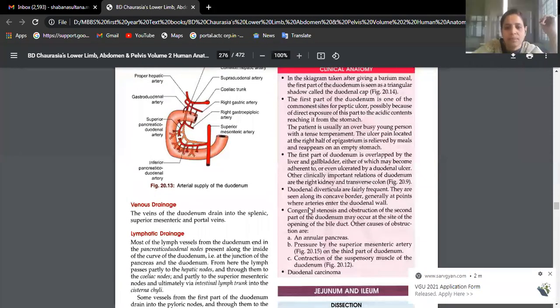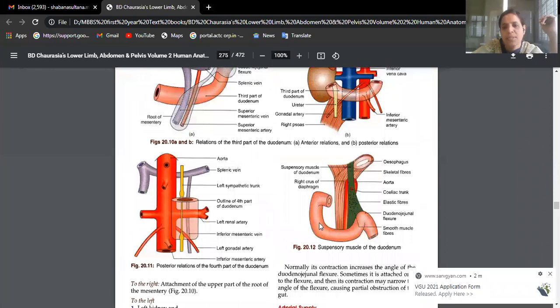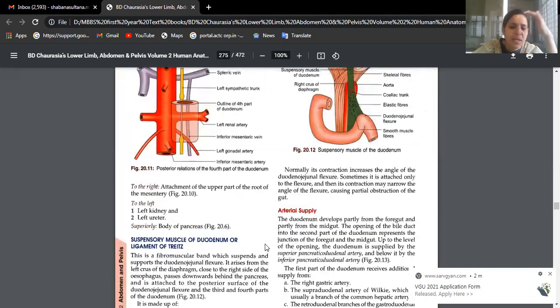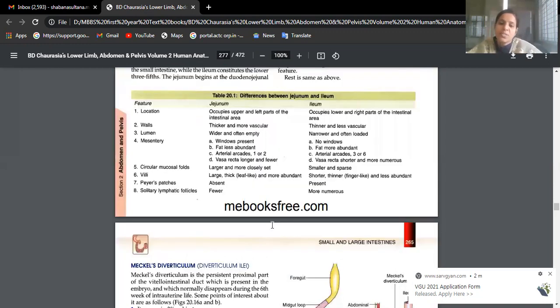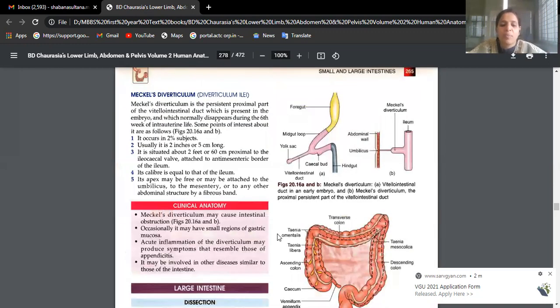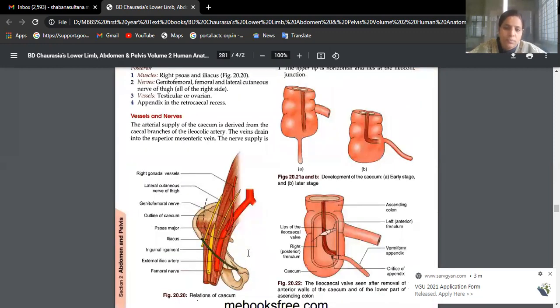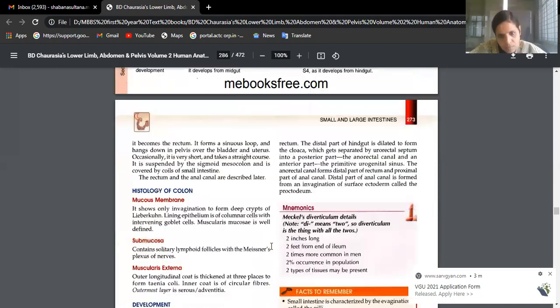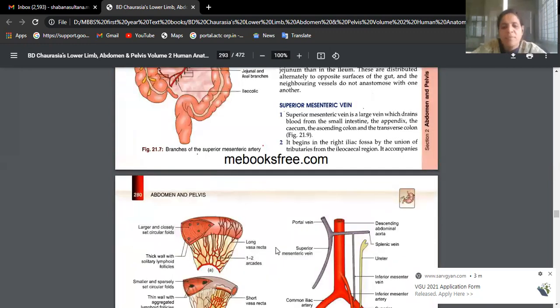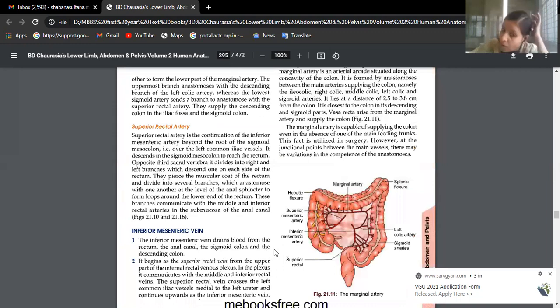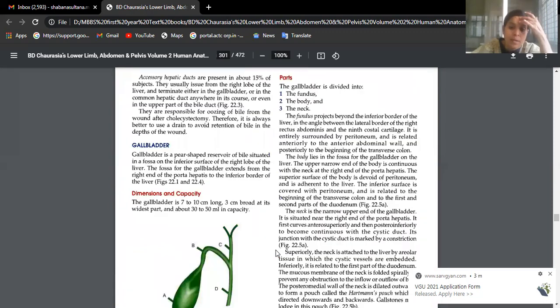This is our duodenum. This is the second part. Into the second part only, you will see the major and minor duodenal papillae. When I was discussing the duodenum in the general lecture, I showed you in my PowerPoint very clearly. Zona glomerulosa, fasciculata, and reticularis. No, no, because it is histology, you should talk about the arrangement of cells.